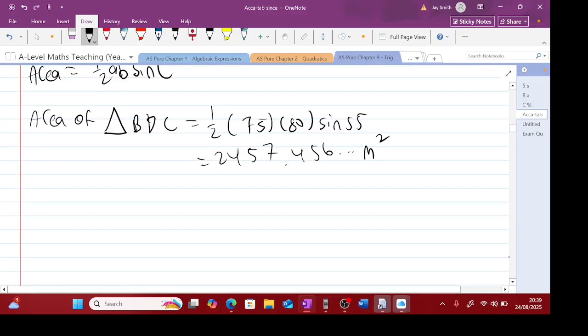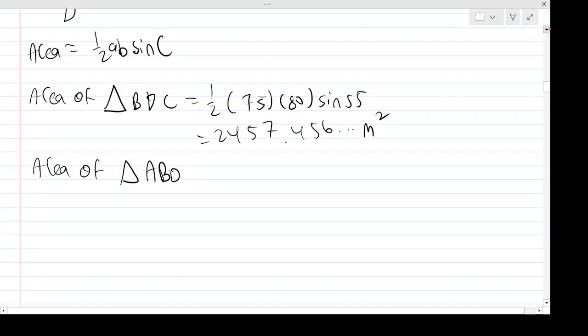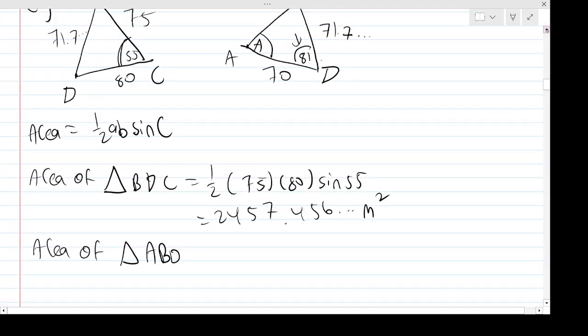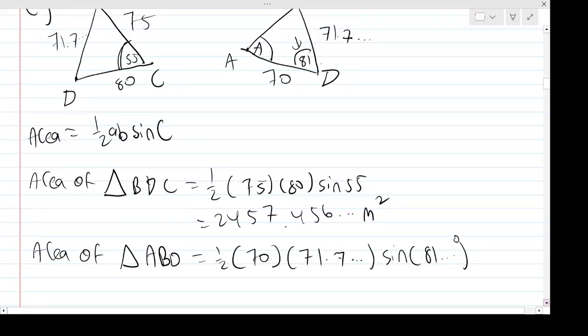But the area of triangle ABD, up here, is going to be a half times 70 times 71.7 times sine of 81 degrees. So if I put that in the calculator then,